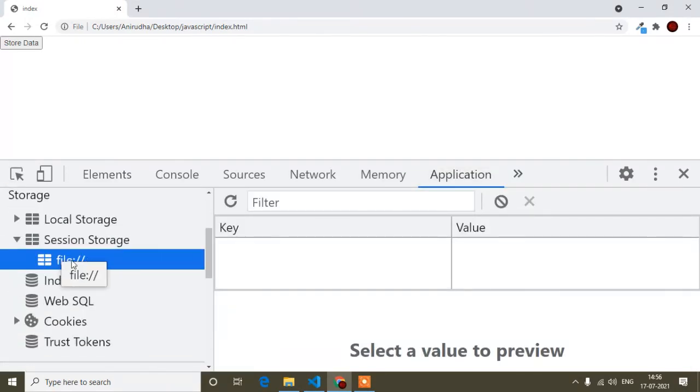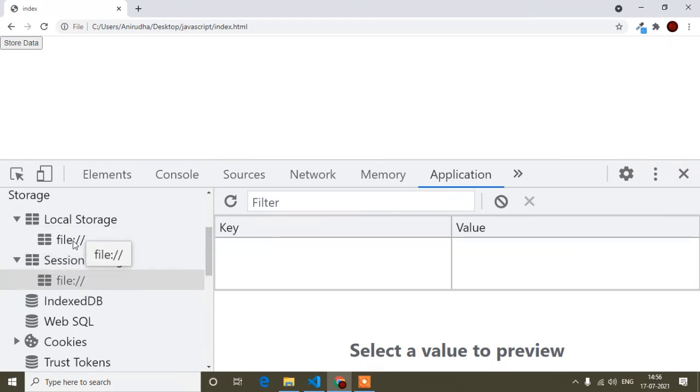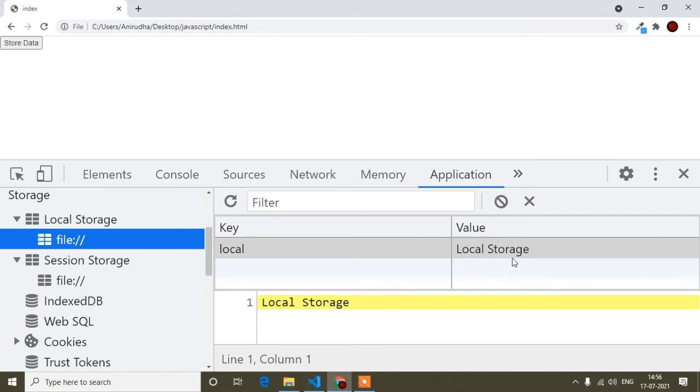You can see I'm in session storage now, but the data is not here. If I go to local storage, the data is still here. You can manually remove local storage data, but if you close the tab, the data will not be removed from local storage. In the case of session storage, the data will be removed if you close the tab and also the browser.